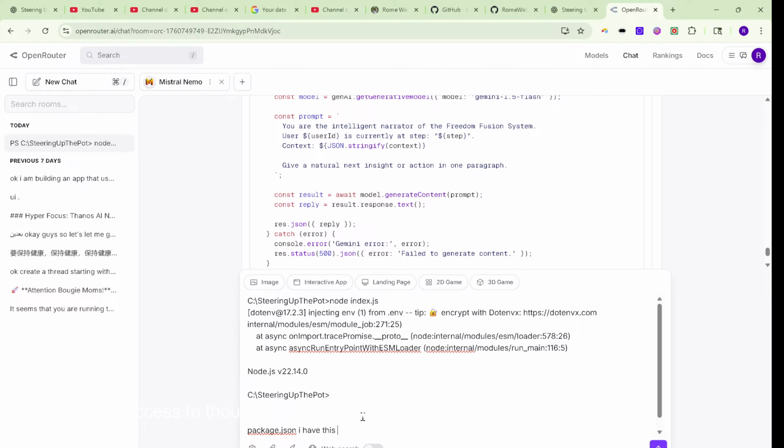I have this file too. It seems to be complaining about that. And let's see. Okay, the error is due to the fact that package.json has type module set, which tells Node not to treat your application as CommonJS. However, you're using require statements in your index. So update your package.json like this. Okay, node index.js, main, scripts. So let's just update the package.json like this,